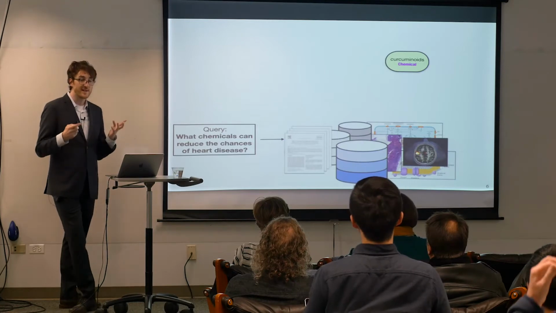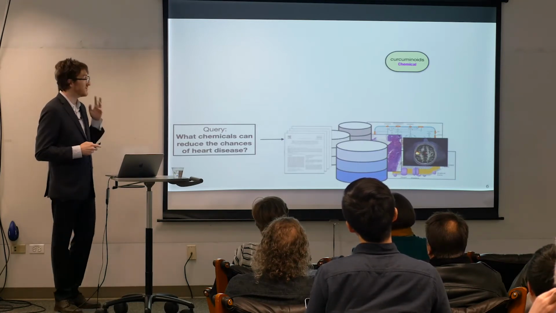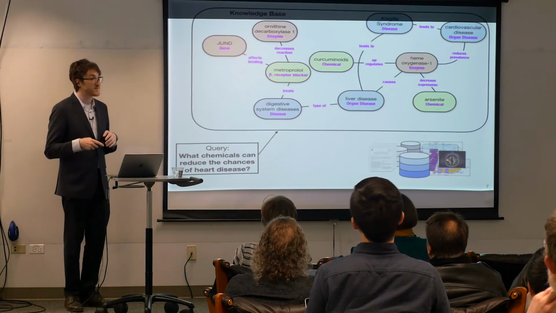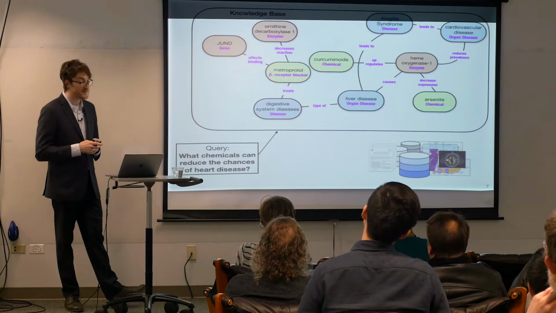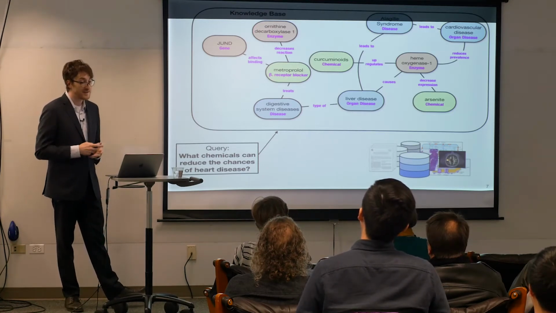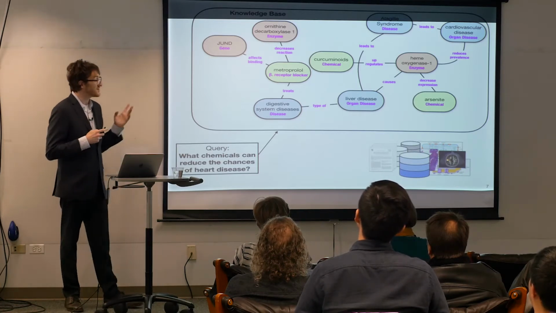So knowledge bases are really a natural way of integrating information from many heterogeneous sources, which could include text and databases. And what a knowledge base, or synonymously a knowledge graph, actually is, is a graph that's going to represent concepts and entities as nodes, and it's going to represent the relationships between those concepts as edges.